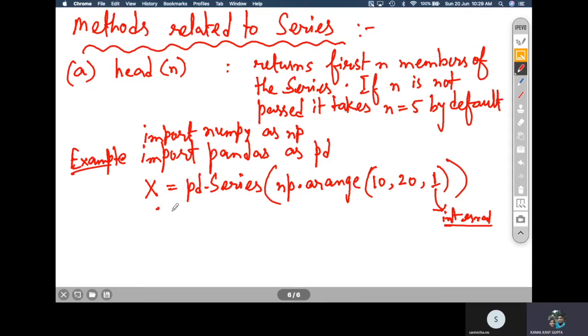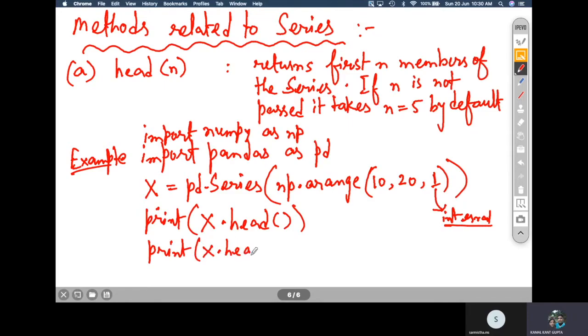Now here I will write x is equal to pd.Series(np.arange(10, 20, 1)), and after that I will use this x to print the head. If I'm writing print x.head(), and print x.head(3), what will it show?